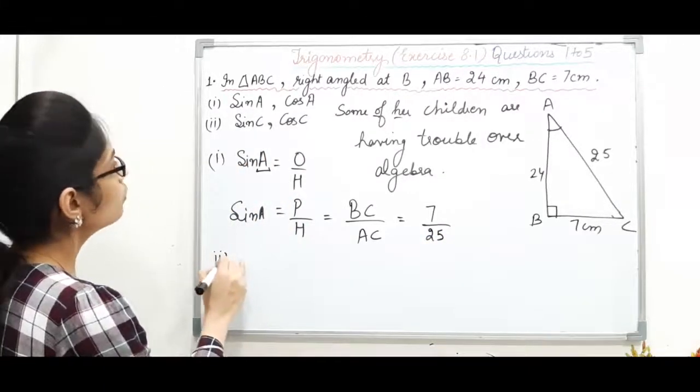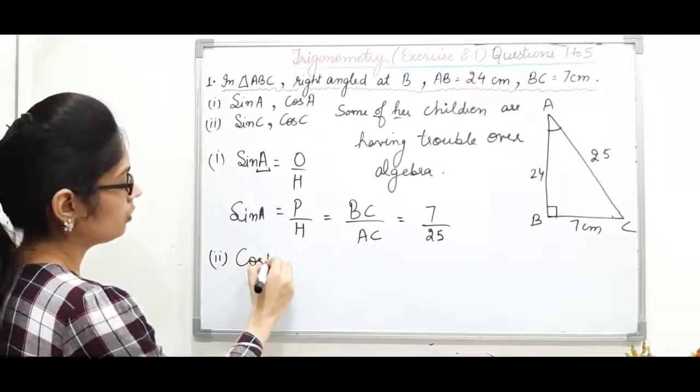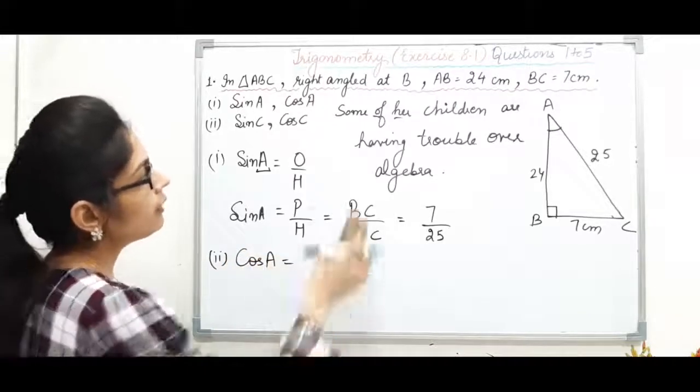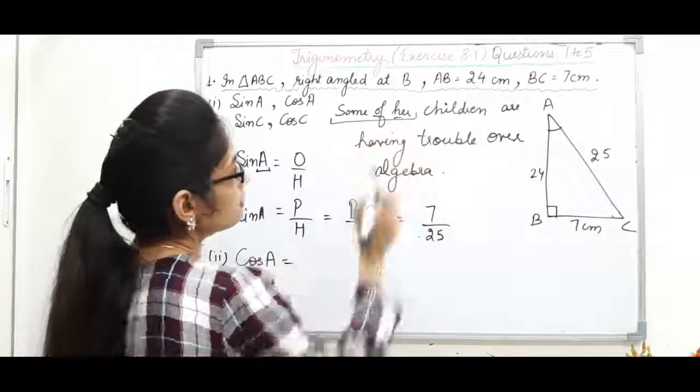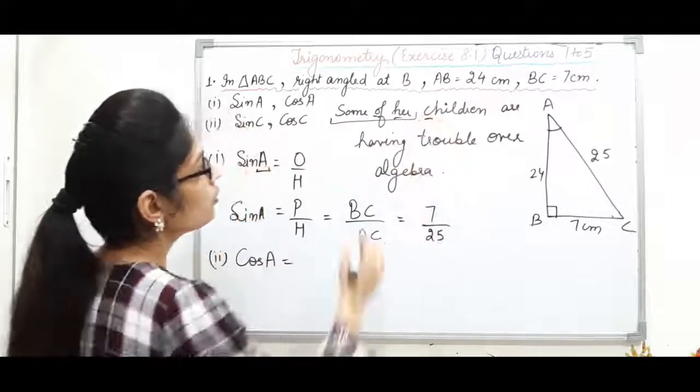Let's find the value of cos A now. So till here, Sum is sine. Now see, because this is